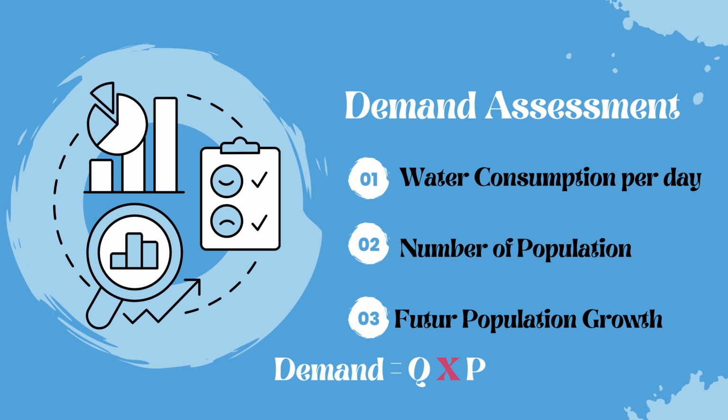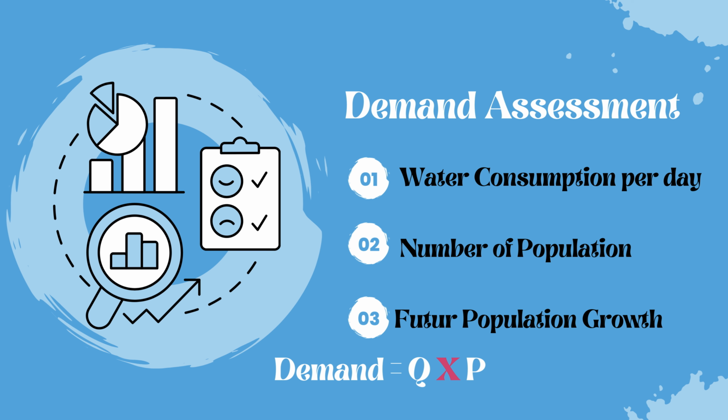Here's a simple trick. Track your daily water use. For a day, monitor how much water you use for drinking, cooking, bathing, and other activities. Think how many glasses of water do you drink? How many buckets for a shower? Multiply by the community. Once you have an idea of your personal water consumption, imagine everyone in the community using a similar amount. Factor in the future.